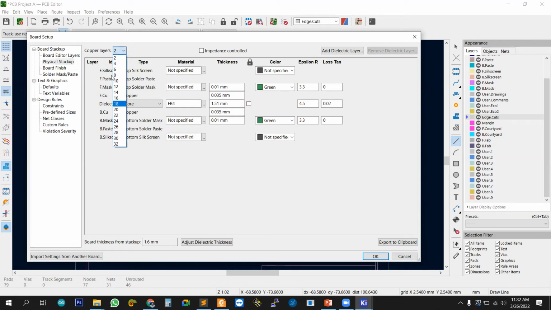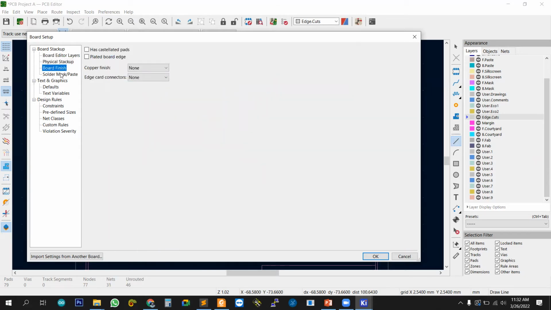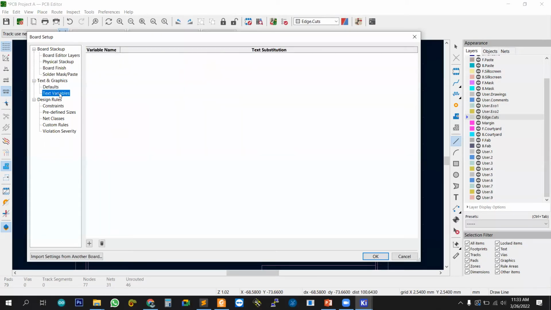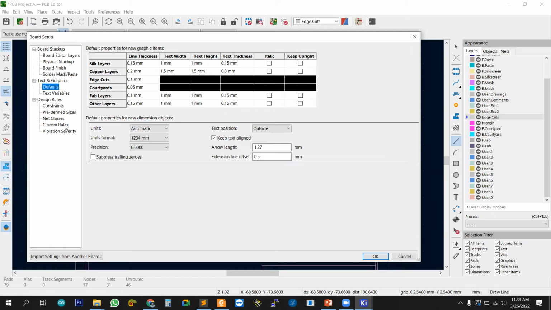I am using 2 layers. You can have other layer settings. It seems like KiCad does not support single-layer designing, so there are always even numbers. Then text and graphics, we don't change anything here. Then